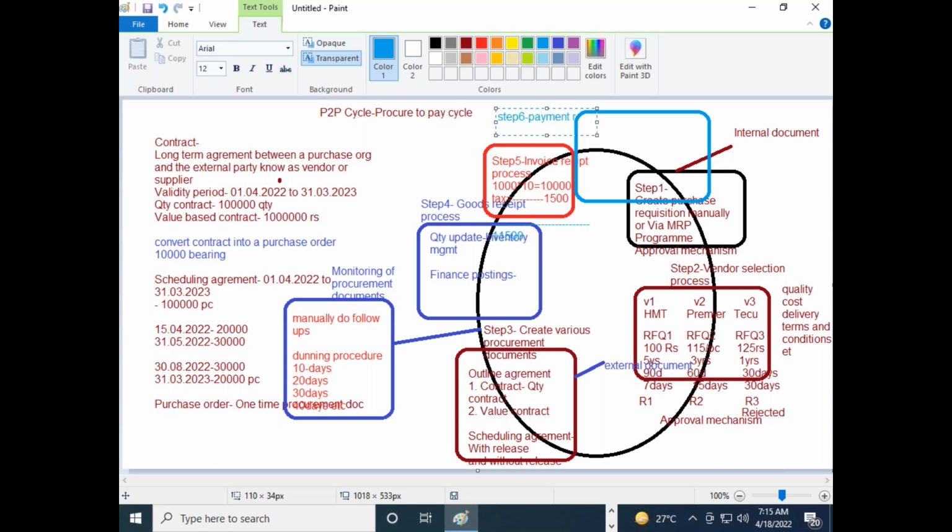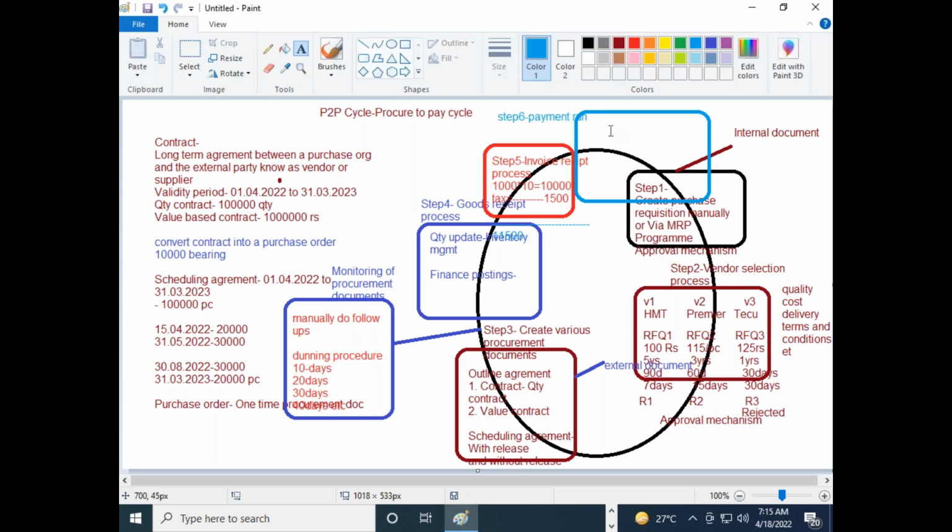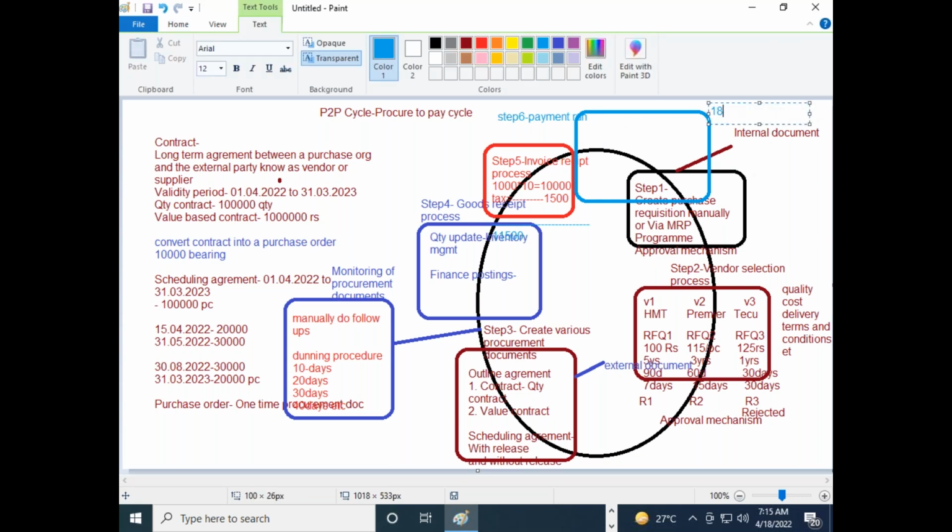So there is one program known as a payment program. That program, when it is automatically executed on 18th May 2022, will consider the invoice which you have posted as of today, and it will try to make the payment to the vendor. What it will do is debit the company's bank account